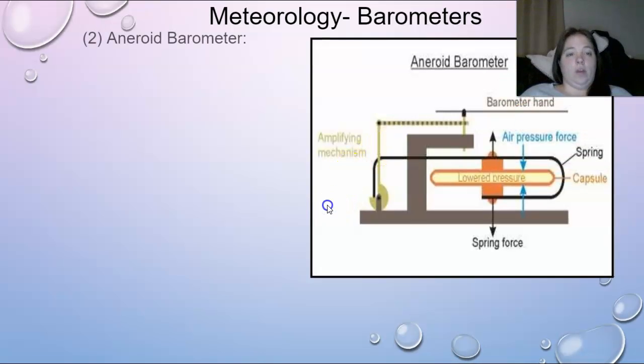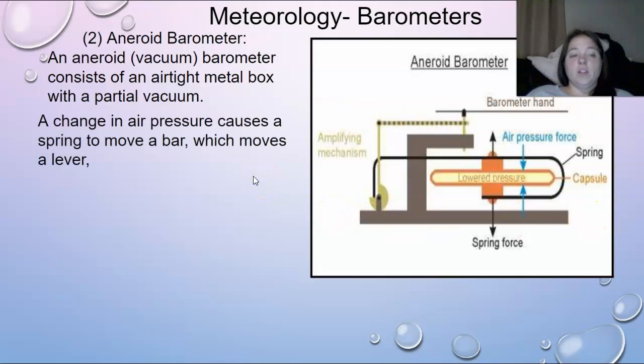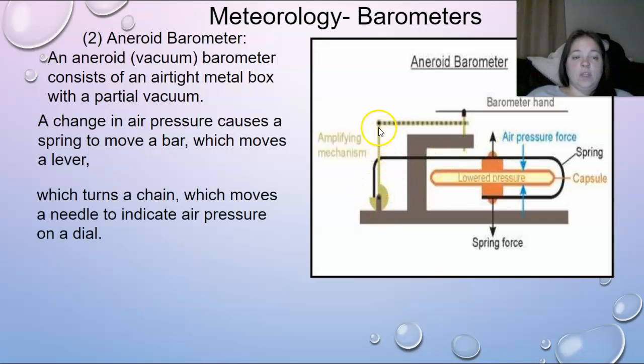And now you have an aneroid. Well, what's an aneroid? Well, this one has a vacuum barometer. The other one was just liquid sitting there and getting pushed up and down. Now you have a vacuum. It's a little bit more complicated. It consists of an airtight metal box with a partial vacuum. So like this would be in a box. And in the box, a change in air pressure causes the spring right here to move, which in turn moves this, which moves the chain,